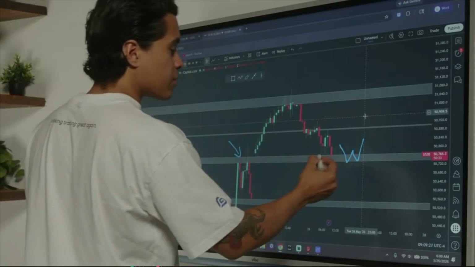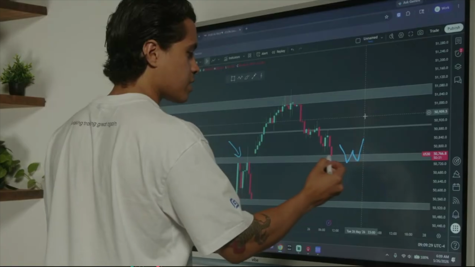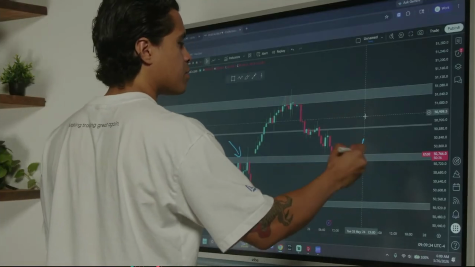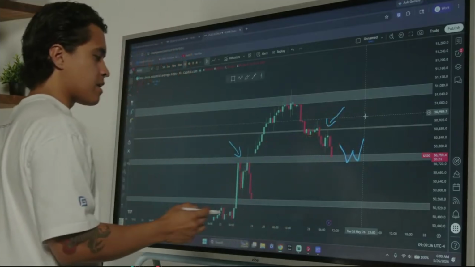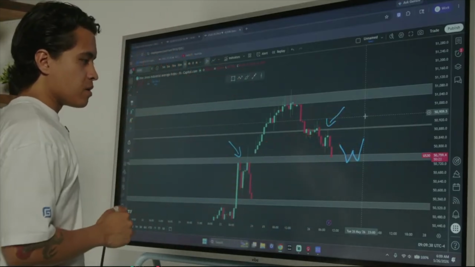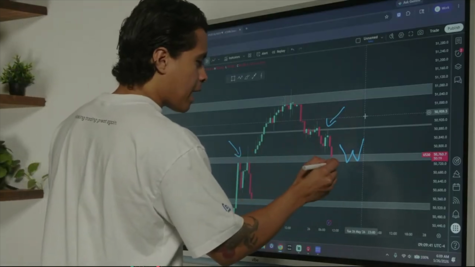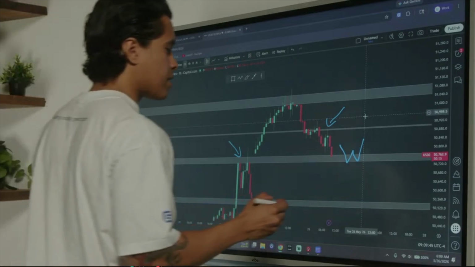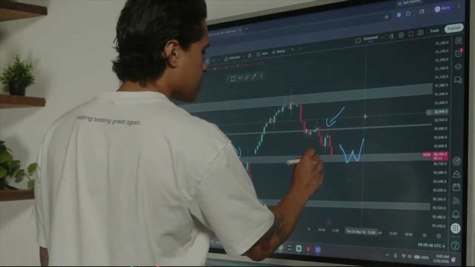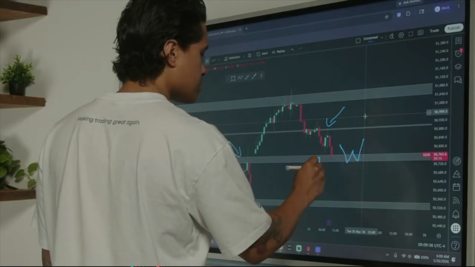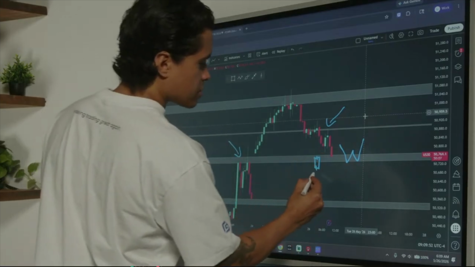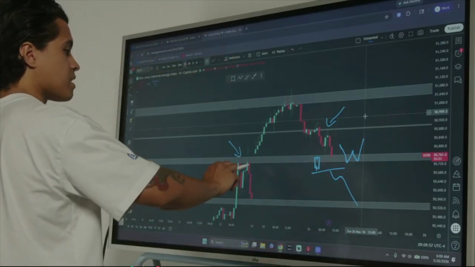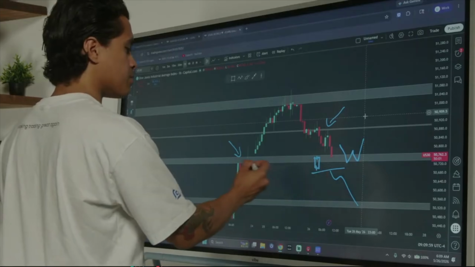And so if we can stay above, and if we can reject this key area on US30, I would expect buyers to step in and push price at least into these highs to overall continue more bullish. If not, I would at least want to wait for another 30-minute candle to close. I would want to see price really get below that zone of interest and then be on the lookout for sells for deeper pullbacks. But I would want to see price action really trading and closing below this key area right here.